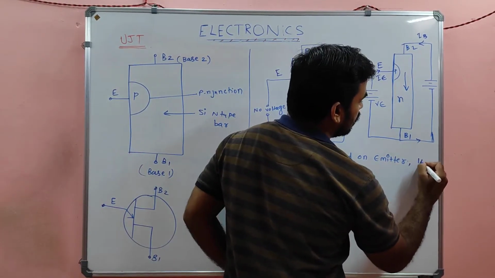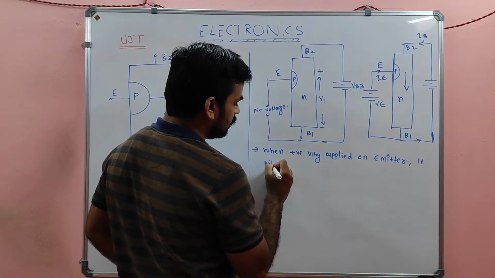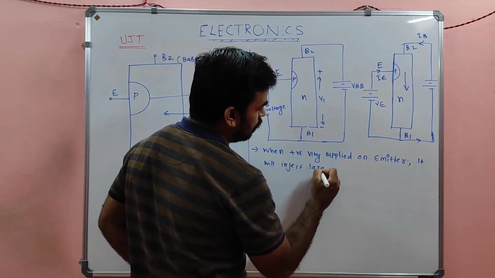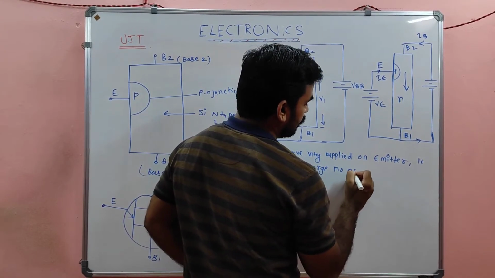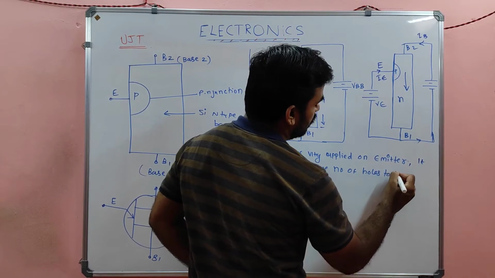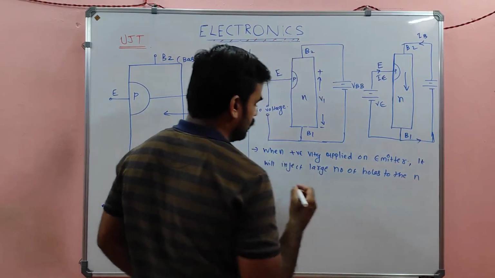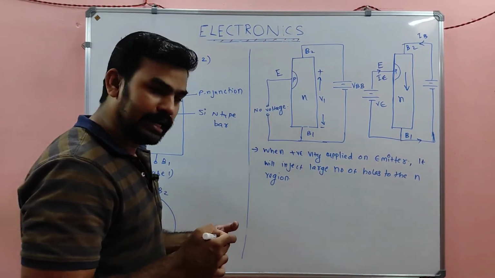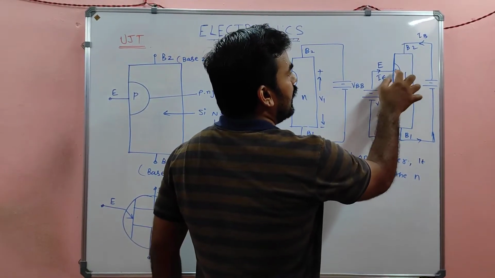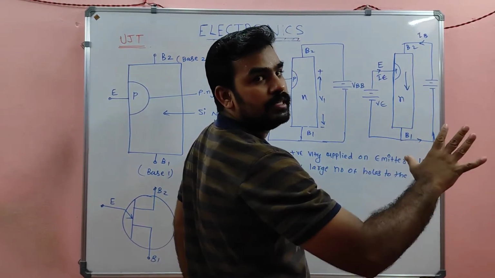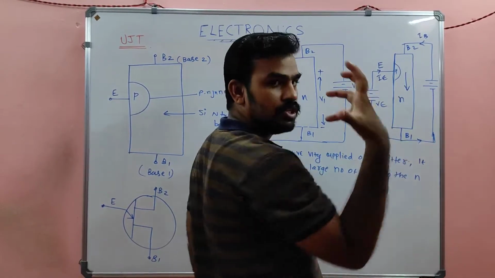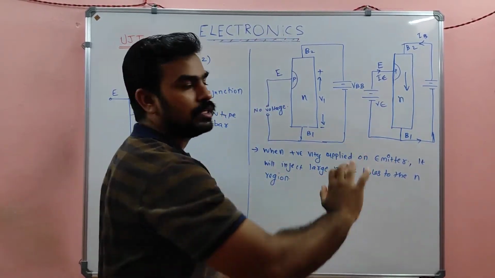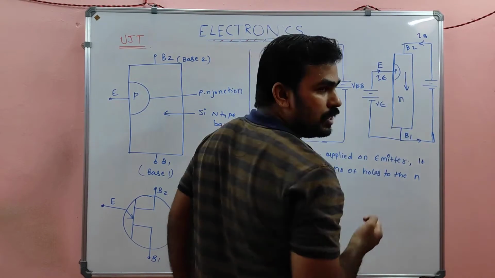the emitter will inject a large number of holes to the N region. Am I right? If P and P get opposed, because it is positive and here it already has holes as a majority carrier, this P and P will push more holes to this N region,